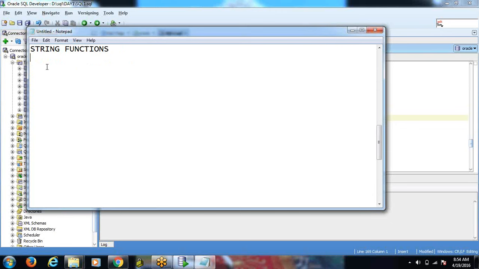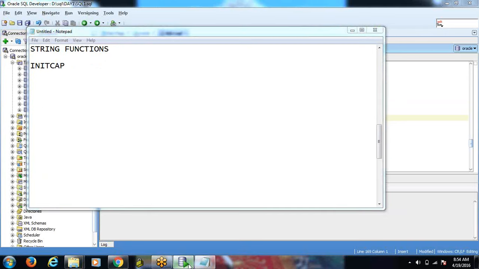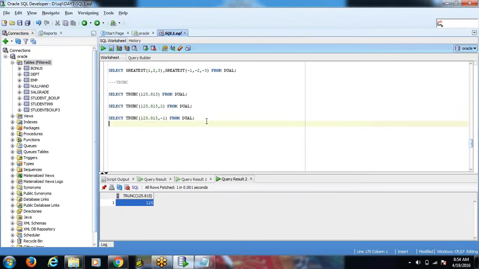Okay, the string functions can be divided like this. Among those, the first function we are going to discuss is init cap. What is this init cap? What it will do, let us see.